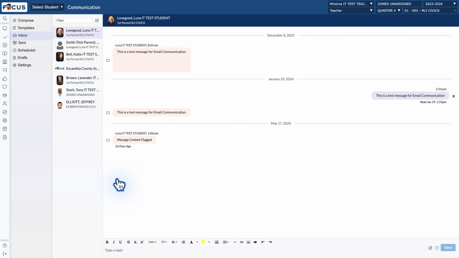When you're in your communication module, if a message has been flagged, it's going to look like this. So what we want to do is come over here to our red flag and click it. And we have the option to add a referral, view the message, or remove our flag. In this example, we want to go ahead and view this message so we can determine what we want to